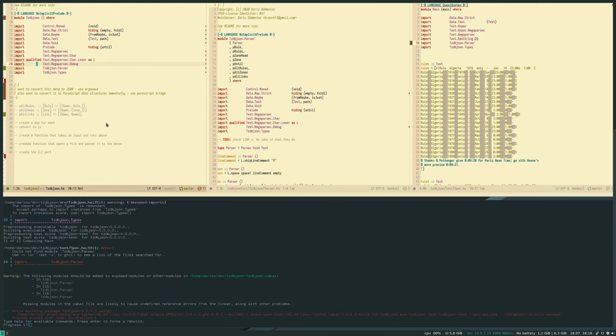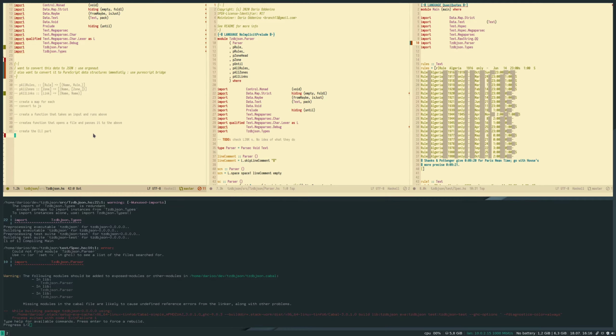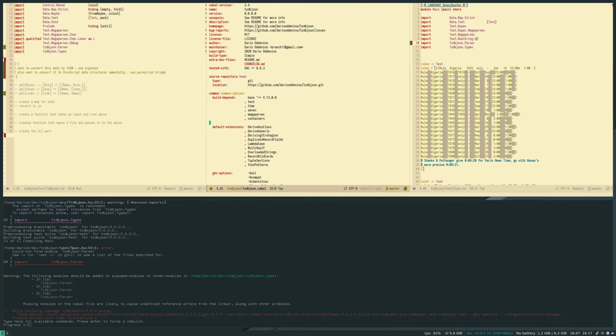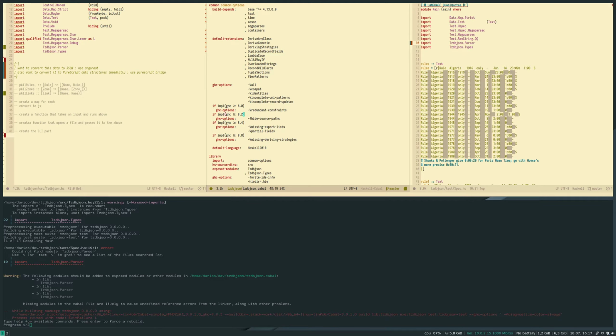Okay. I mean, at this point, the, oh, come on. We have to expose the module. Types tzDB JSON parser.